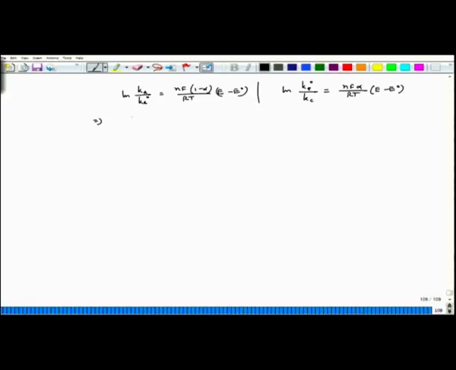Now, I can write it as Ka equal to Ka0 exponential Nf (1 minus alpha)(E minus E0) divided by RT, and on this side Kc would be equal to Kc0 exponential minus Nf alpha